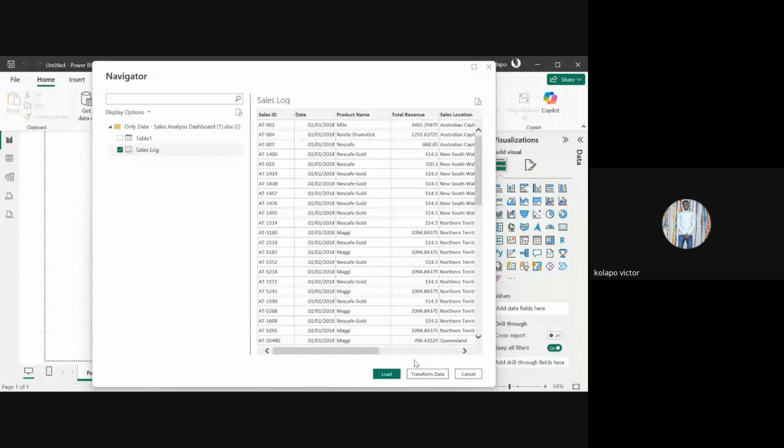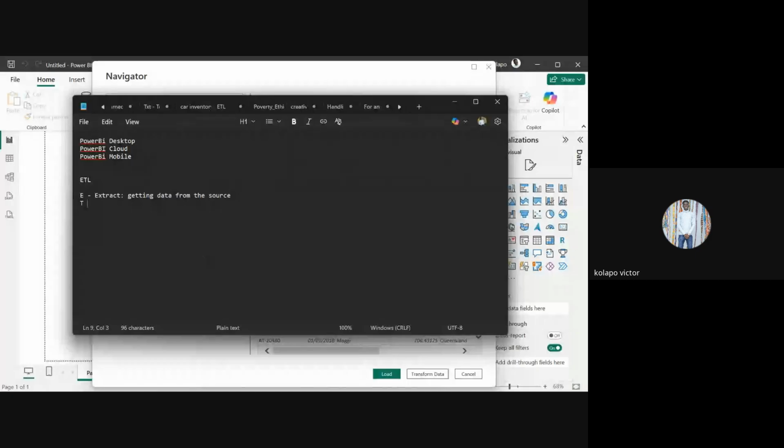Now, you have to pick between your load and your transform data. According to the rule, it is ETL. Your T is your transform. So this is where you ensure your data is ready to use. It is as simple as this. Under your transformation, if you have things to do,